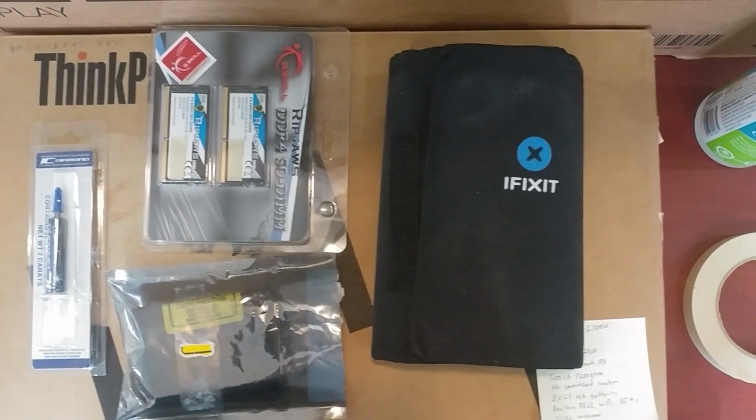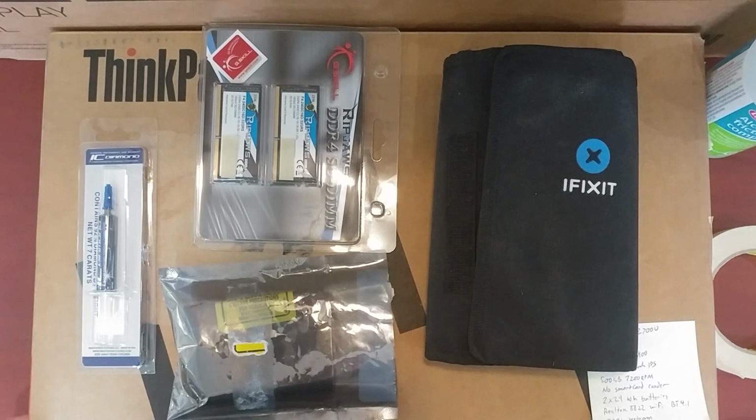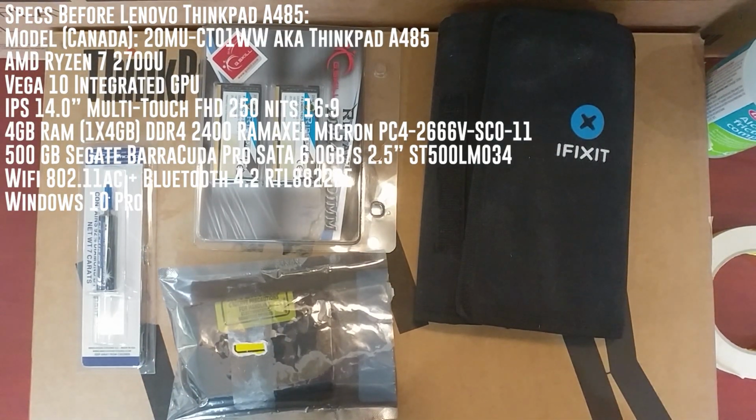Hello, so today I am going to be opening and upgrading this ThinkPad A485. The specs of this machine right now are Ryzen 7 Pro 2700U, it's got Vega 8, Vega 8 or